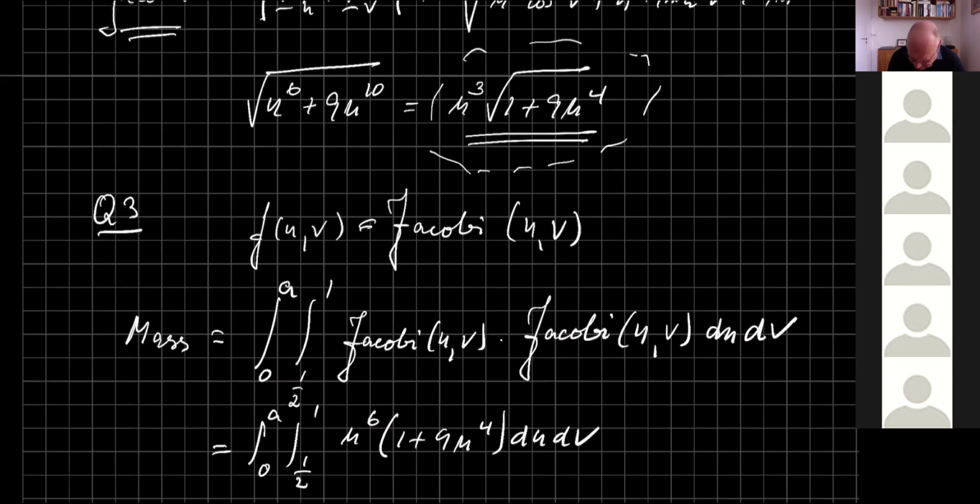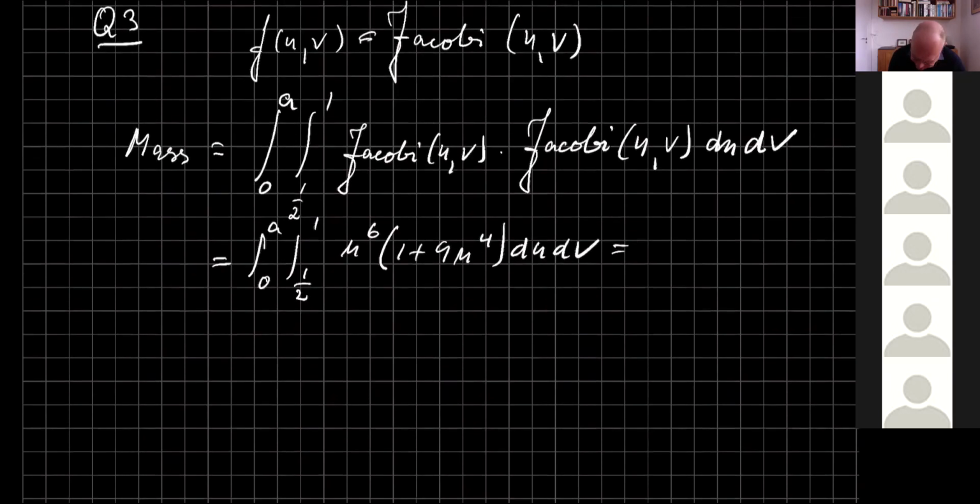Well, you could do that. It's fairly simple integrals, but if you do it exactly, then you get some very long terms. You can do it in Maple, of course, and the result will be that you see the integrand doesn't depend on v, so the integral from 0 to a with respect to v is just a, and this integral of u between these